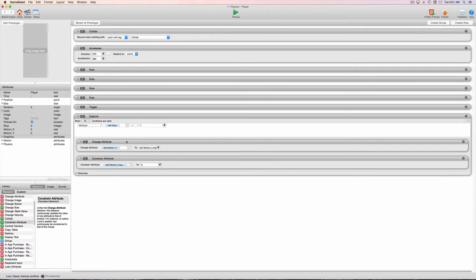So basically what this is going to do is, when we change this, it's going to capture the velocity to 0. Now one of the things we need to do is, if we're going to capture the velocity and stop our actor, we need to stop this accelerate behavior from functioning